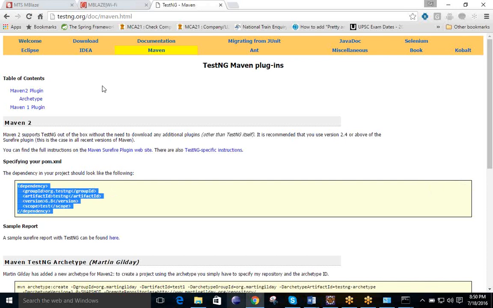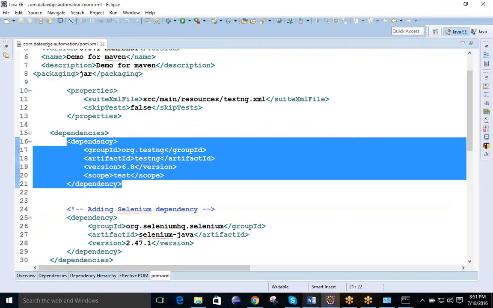If you click on testng.org, you go to this Maven section, and from here you will get this dependency. 6.8 is the latest one, and we are using the same. So you simply copy this dependency and paste it over here. That will be your first dependency in this dependencies tag.